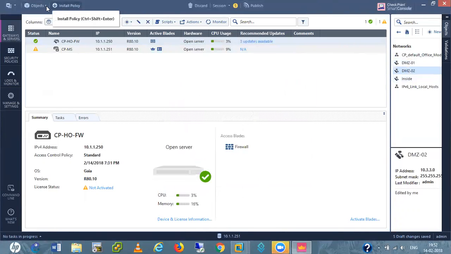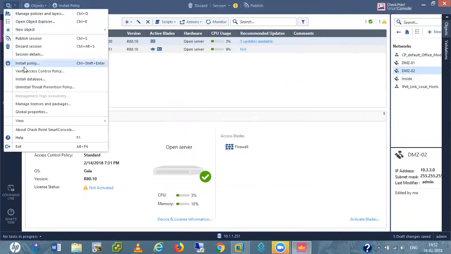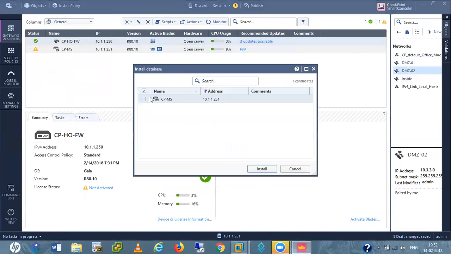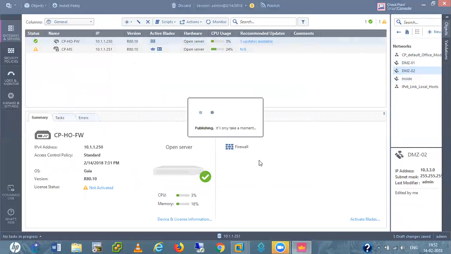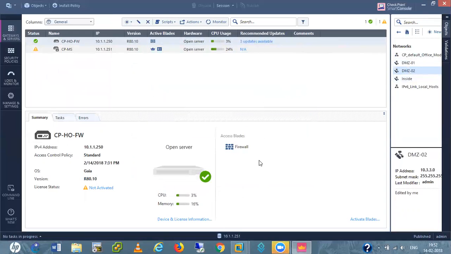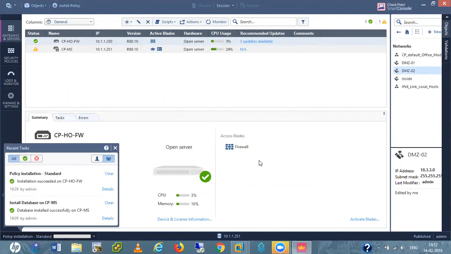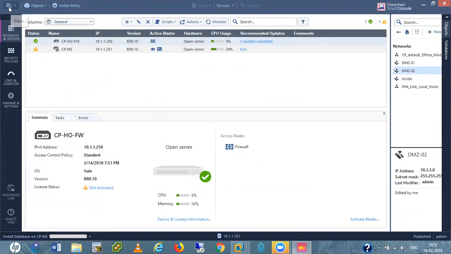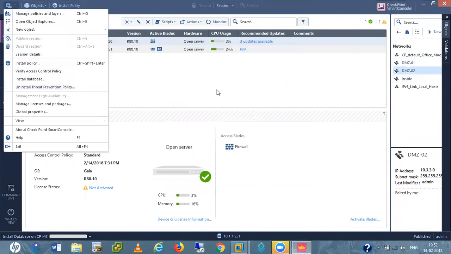First I install the database. After it I install the policy.